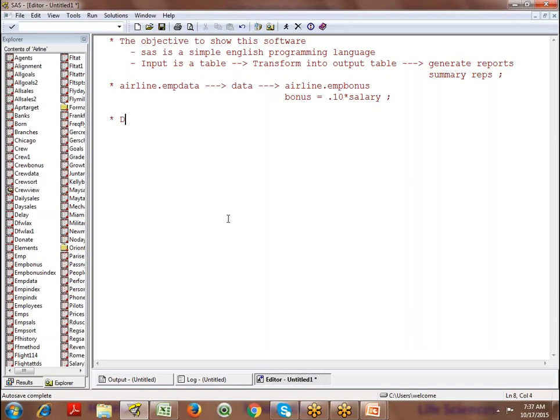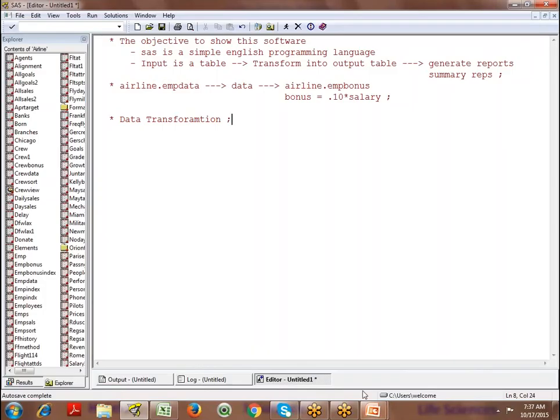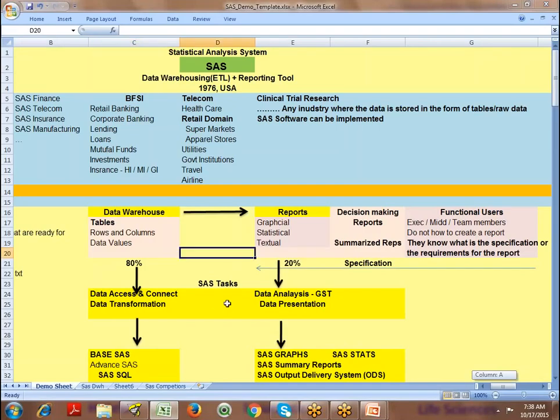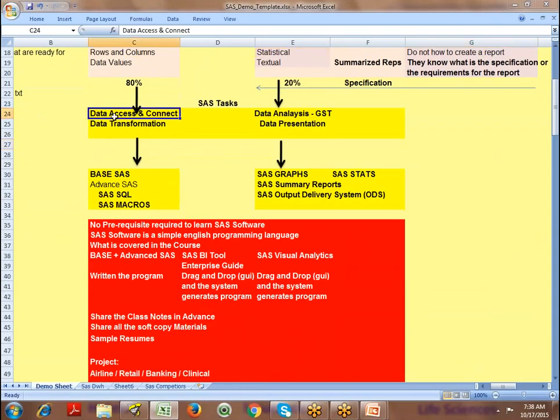In SAS, this is called data transformation. You're just converting the input tables into output tables. Just now I told you that in SAS we have 4 tasks: data access and data transformation, among others.